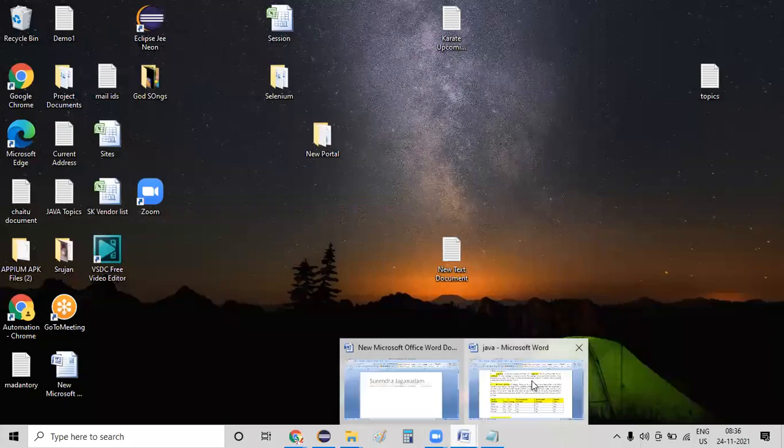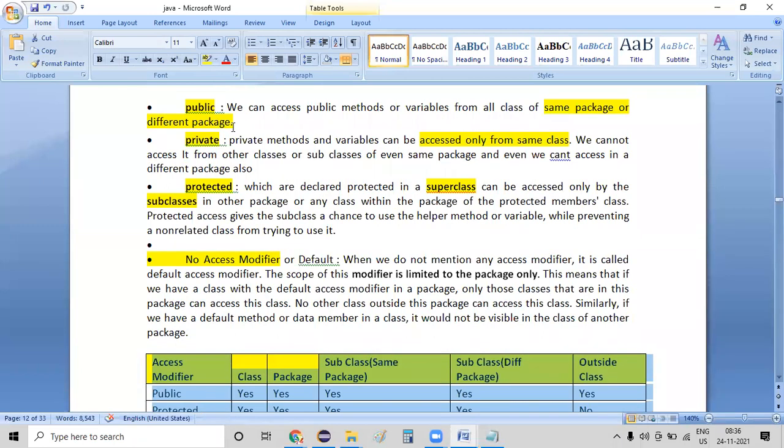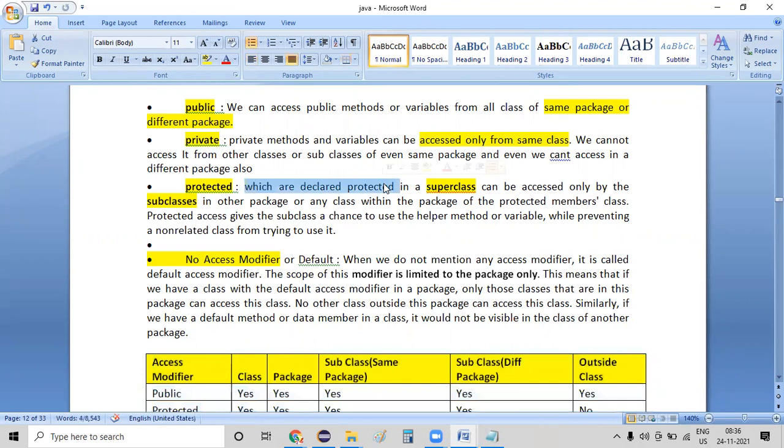So far, we have seen these three different modifiers: public, private, and no access modifier. The last one is protected. So what is the significance of protected, and how are we going to use this protected access modifier? When we declare something as protected, the parent class and child class information comes into the picture. Members declared protected in a superclass can be accessed only by the subclasses in other packages,